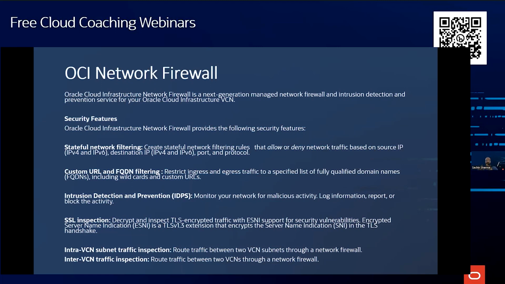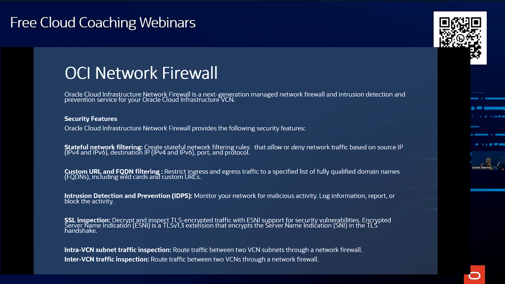SSL inspection, which enables customers to inspect TLS version 1.2 and version 1.3 encrypted traffic. This is achieved through integration with OCI Vault. OCI Vault is something else which comes into the security section, but you can keep your encryption keys over here safely in OCI, which will enable our customers to centrally manage and secure their encryption keys.